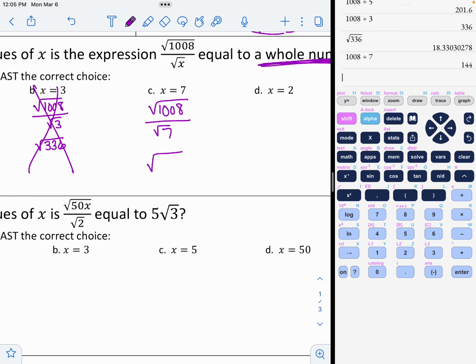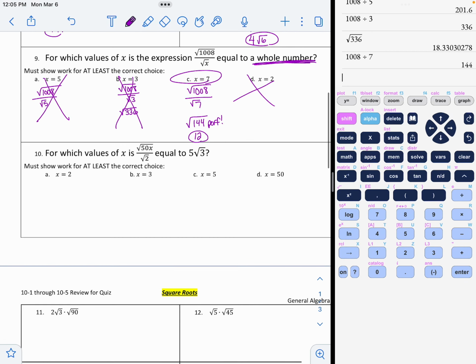That gives me 144. Aha, here it is. When you take the square root of 144, you get a perfect 12, which means it is a whole number, so that's your answer. You don't have to try D. C is your answer. Now we need to end up getting 5 square roots of 3 when we plug these